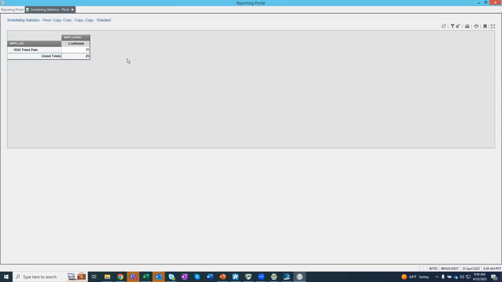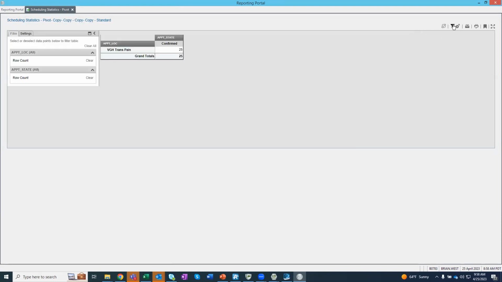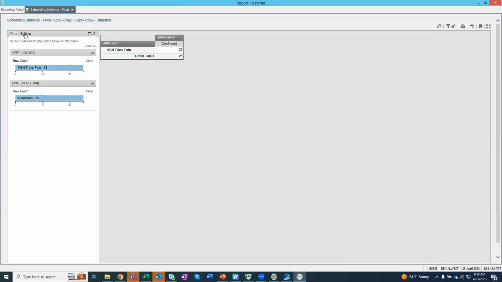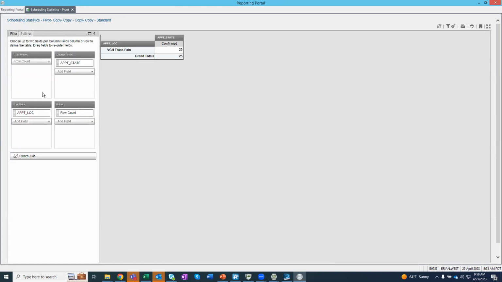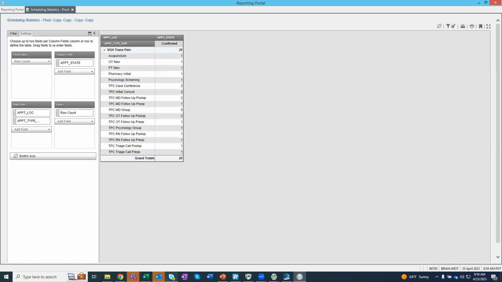And it says there's 25 appointments in there. But this way it's not very helpful. So you're going to go over here to this little funnel cup for filters. Go to settings. And here you can add more granular detail to what you want to look at. So I want to look at the appointment type displays. So this tells me every appointment type and their name and how many there are. I also want to know